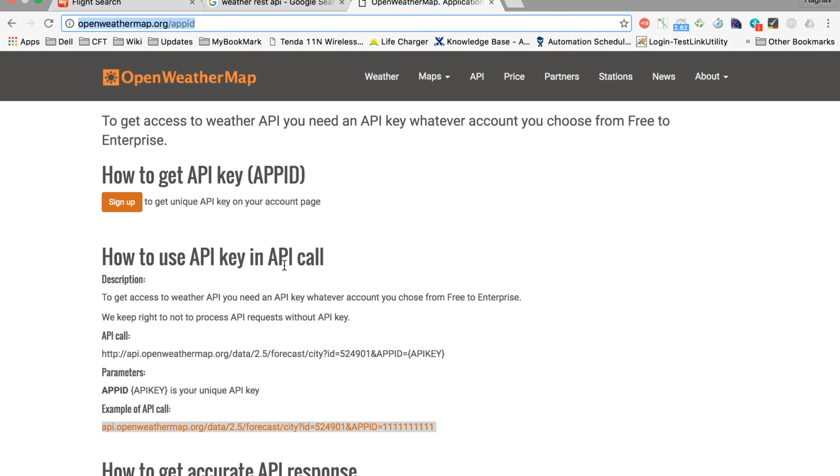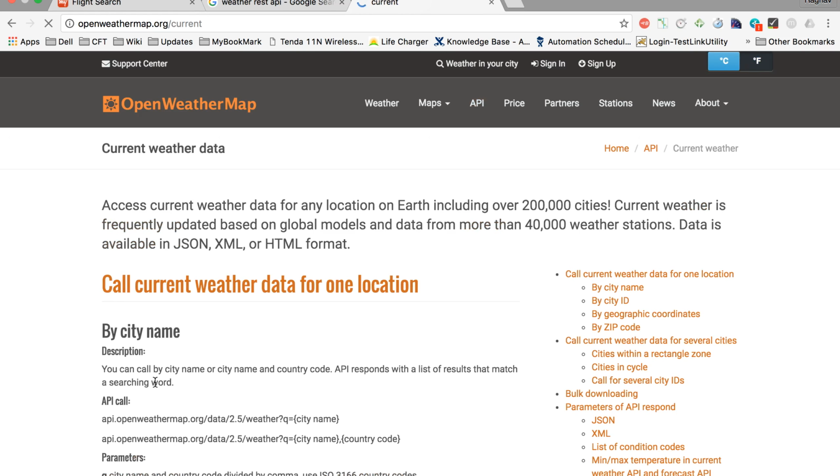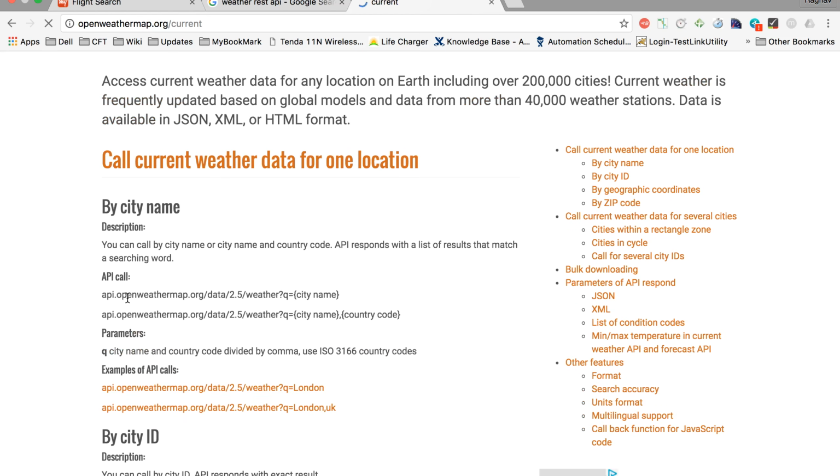Okay, so let me again go to API and let us see how they call it. I'm going to API doc, and this is how they call the API. Okay, we have to give the city name here, and we can call the API like this. So this is how we call the API.